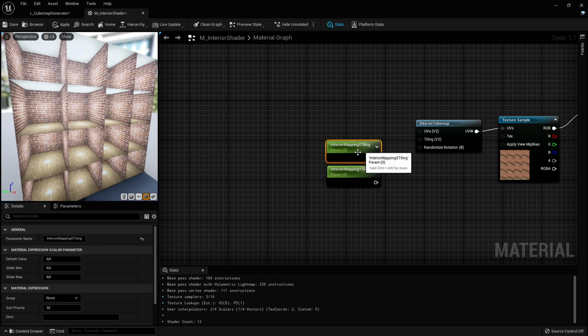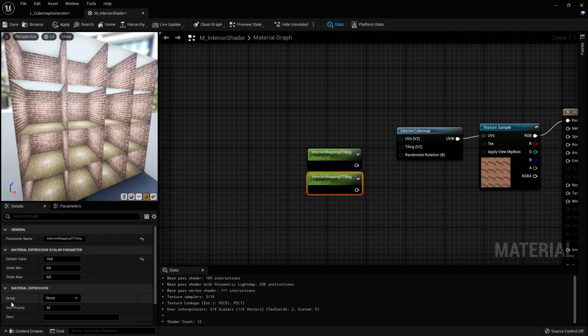Let's set these by default to something like 10 and 10 respectively. And in the group section under material expression, you can type in texture settings, or you can call it general settings as well,